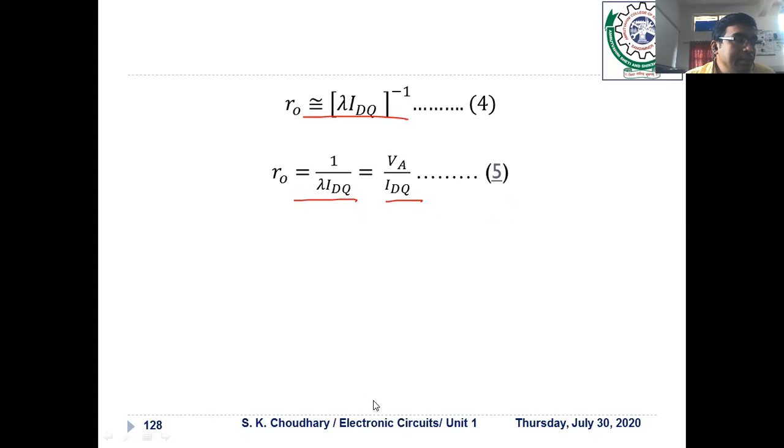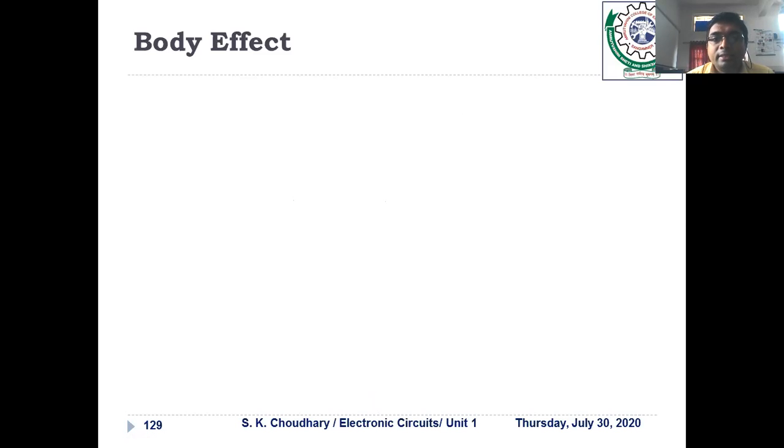If in a numerical you are asked to find R0, you have to use any of the relationships as per the values given in the numerical. Okay students, for today we have to wind up here. The remaining non-ideal characteristics like body effect, subthreshold conduction, temperature effect, and breakdown effect we will cover in the next lecture. Now the time is very much less, so we leave here for today.